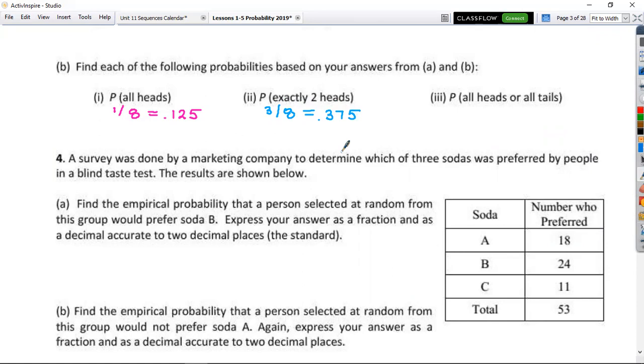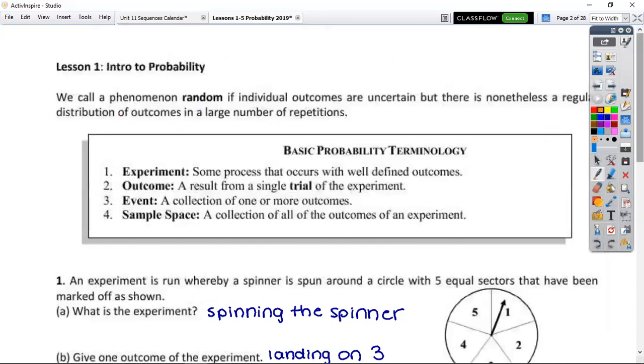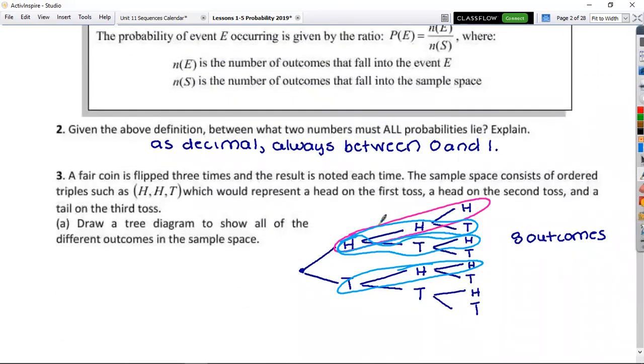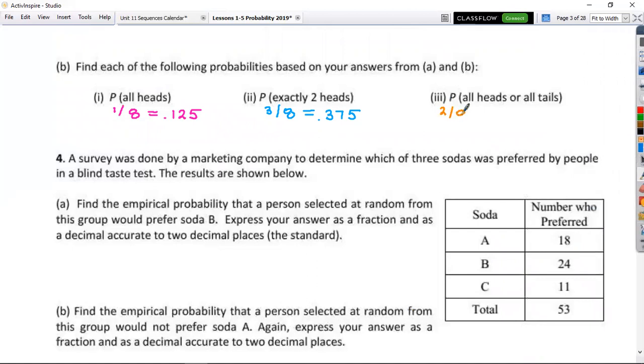All right, and now I'll go orange on this last one. All heads or all tails? How many choices do we have here? All heads, we already took care of that one. That one's my pink one. All tails. How many choices? Just 2. So this one is equivalent to 2 over 8. And then as a decimal represented as,